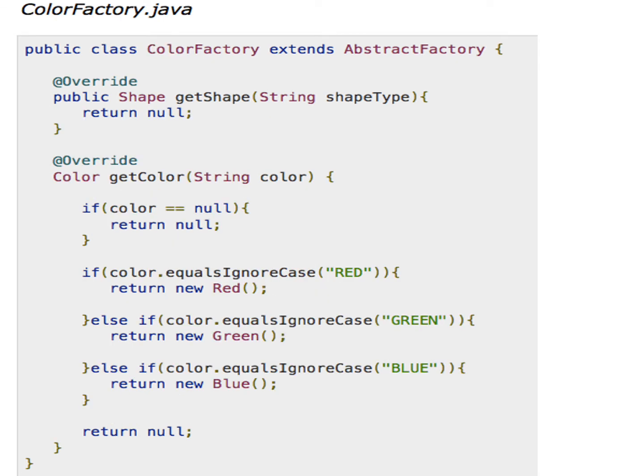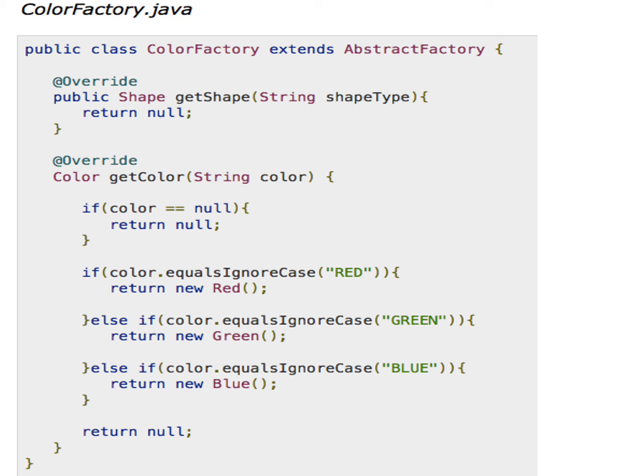This concrete class is also extending from the super factory, and inside this the get shape method is empty, because its functionality is already dealt with inside the shape factory class. The second get color method is again taking the request from the user in the form of the color variable. If the user requests any choice of the color, let's say if the user wants red color, then the corresponding red object is created.